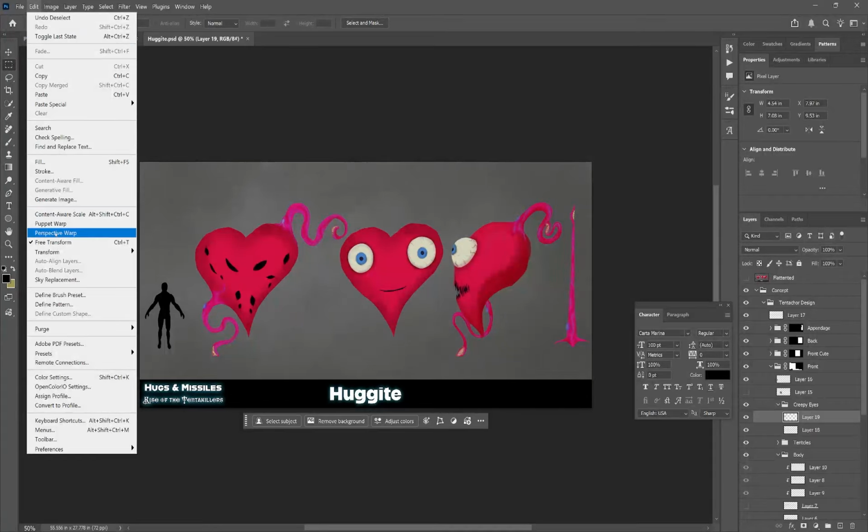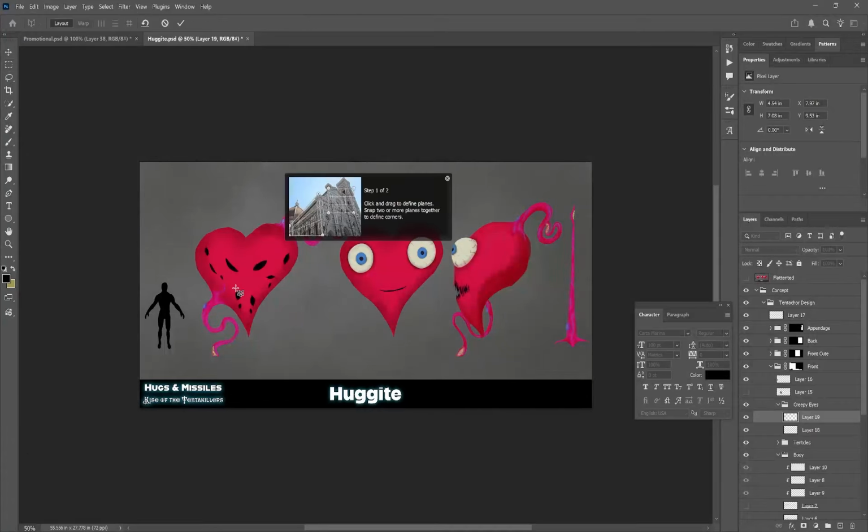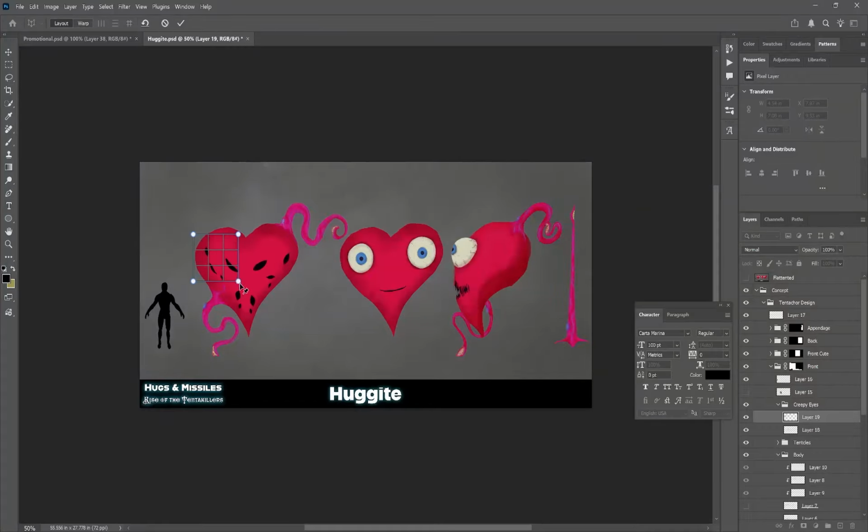So what the perspective warp does is you're saying this is the plane, and I'm wanting to adjust. So what I'll do usually is create a billboard around something here, and I want to flatten that down onto a surface.